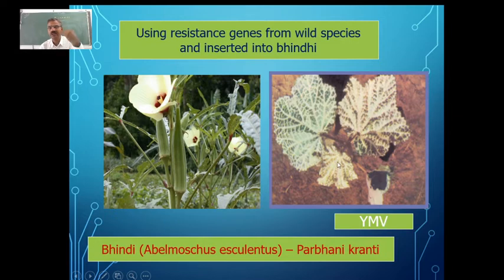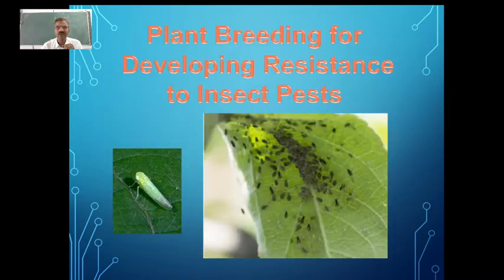So this is the variety which has been developed by using the genes from wild variety. Wild variety we are not cultivating, in spite of which it is having certain pathogen resistant genes in them. So they are being used in this case here. Here the role of biotechnology comes into the picture. Biotechnology has a very important role in the field of agriculture, especially nowadays. So we are able to develop so many varieties in this. And let us see the next.